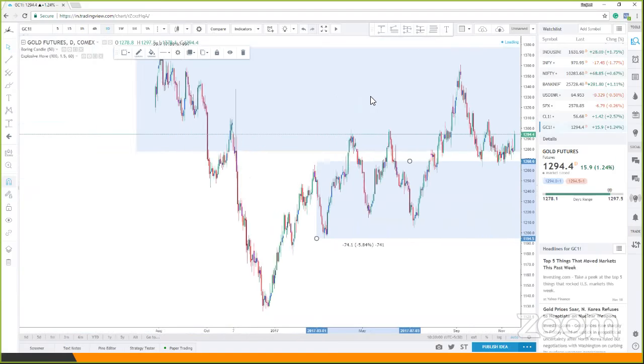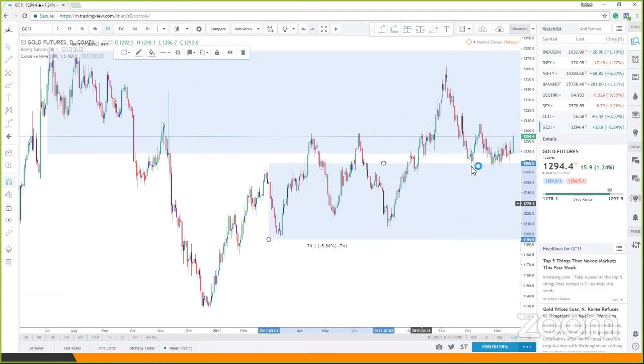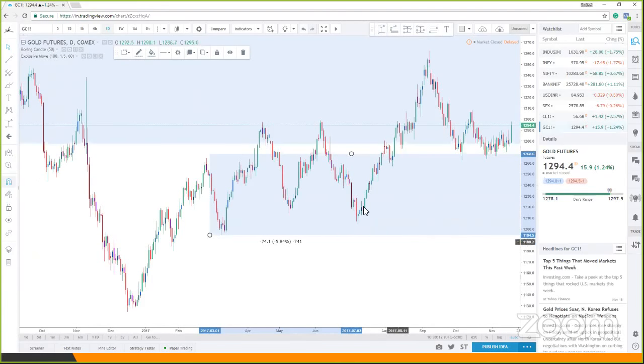Now, if you start looking for where those long and short opportunities can be, nothing looks really great. But if you want to look for long opportunities, and we want prices to give us some correction so that I can go long, I would say you should ideally be waiting for these lower levels for prices to come back, and that is where you can look for your longs. Similarly for your shorts, let's go a little deeper into it, and then we can look for those shorts as well.